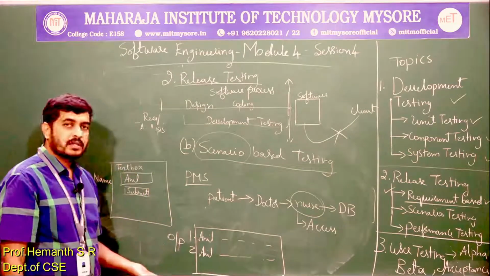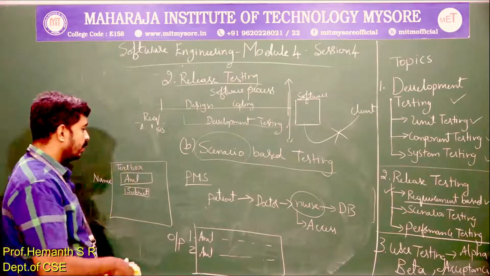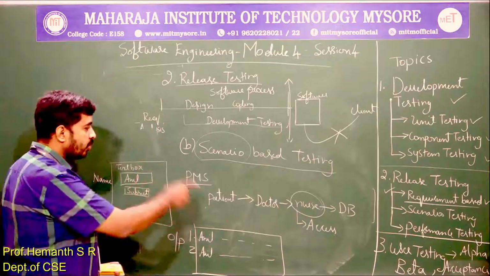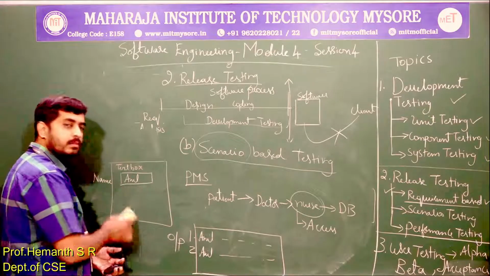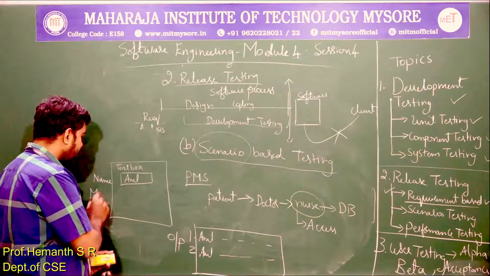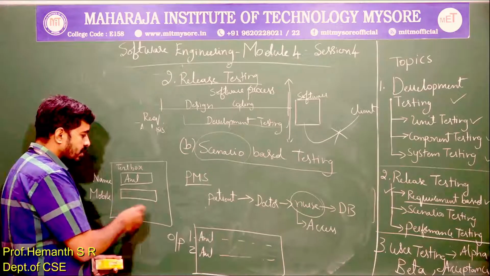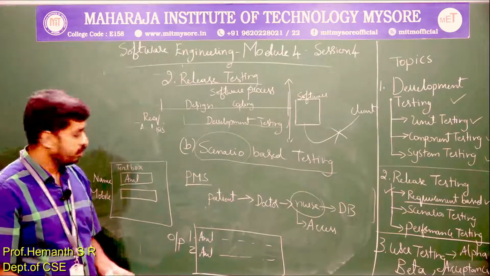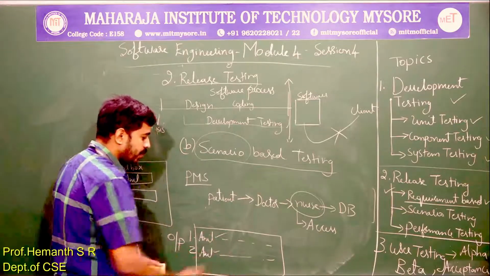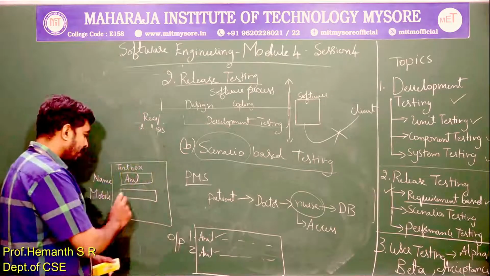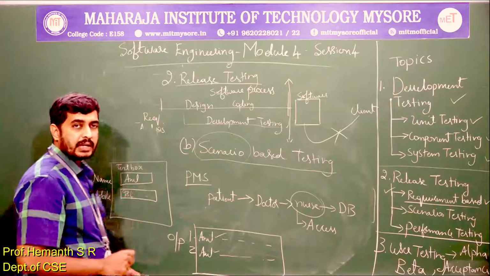Now, what are the other possibilities? To identify a patient uniquely, maybe we can take a mobile number. So this will be informed to the development team. The development team may add one more field here, maybe mobile number. So the issue will be fixed because no two mobile numbers can be the same. The mobile number of this first Anil will be different from the mobile number of the second Anil. So a mobile number entry can help us retrieve a record uniquely.